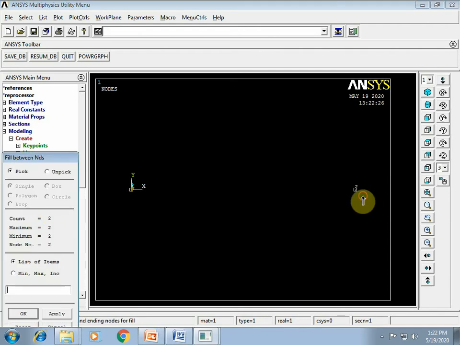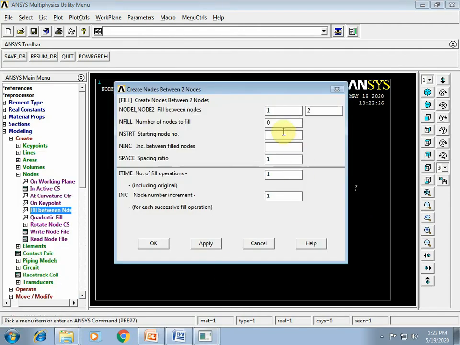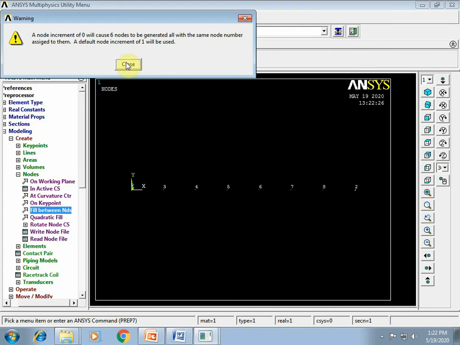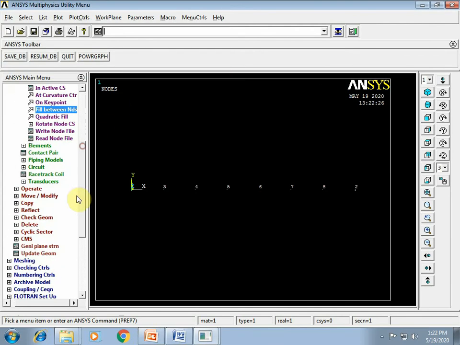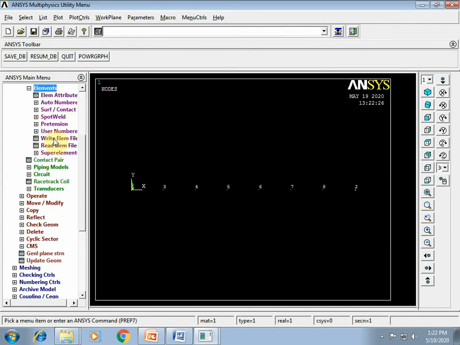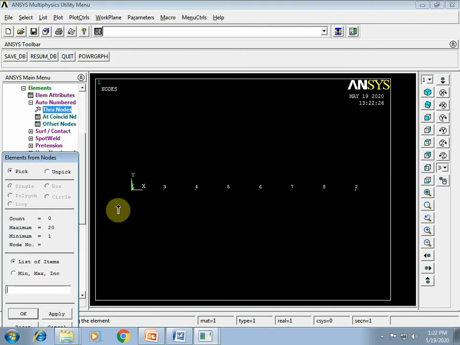Select node number 1 and 2. Say OK. And number of nodes to fill, you say 6. Starting node number, since 1 and 2 are given here, you say 3. Say OK. Close.